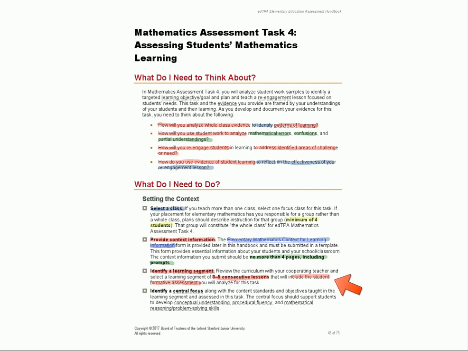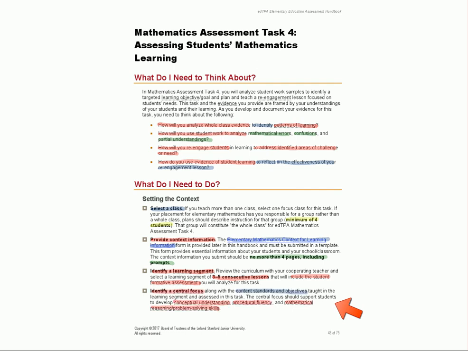So that's going to be something critical to this task: choosing the right set of lessons that set you up to consider conceptual understanding, to consider procedural fluency, and to consider problem solving and mathematical reasoning. And lastly, on this page,